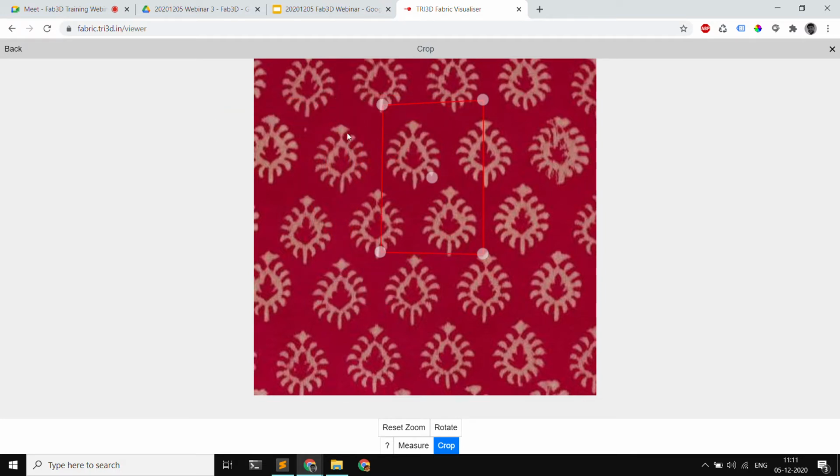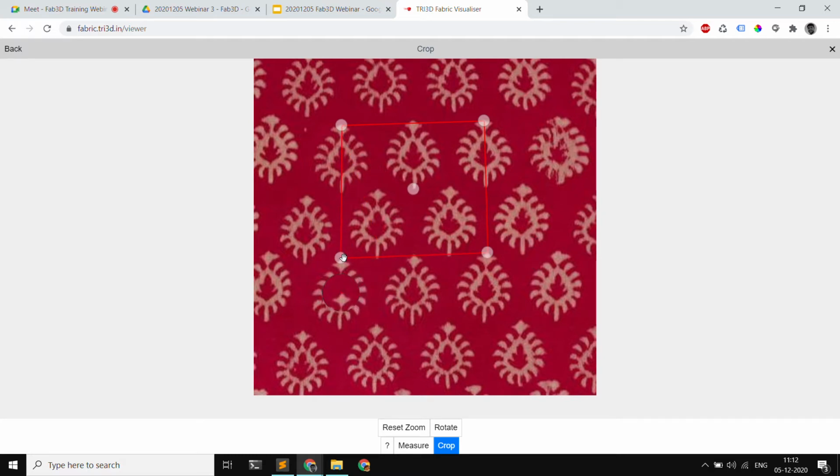Okay. So we observe that the same motif is repeating everywhere, right? So I pick up one aspect of it, like let's say the topmost point on the motif, and then select four such points. Okay. So here I'm selecting the topmost point of the motif. Here you can see that the application also shows a magnified version of it for you to mark it accurately. So this also I'll take and put it on the topmost point over here. Again, same thing over here and same thing over here.